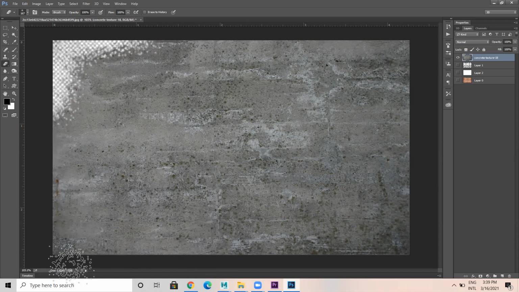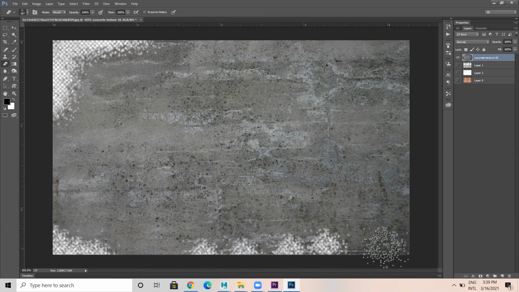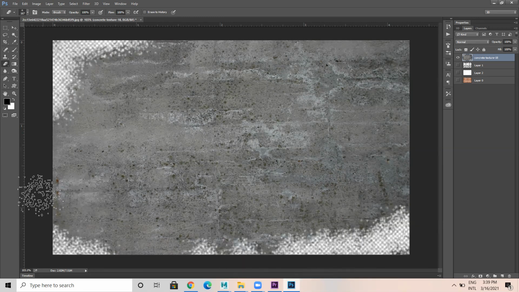Concrete is not there. So in these areas you get to see the brick. So that's the plan.